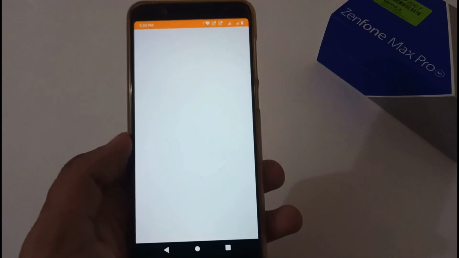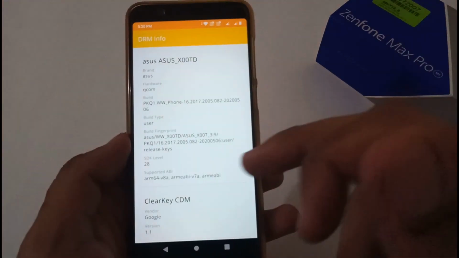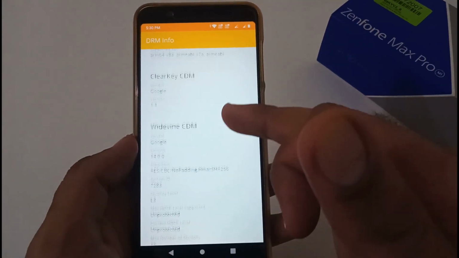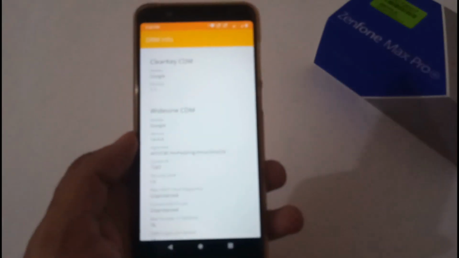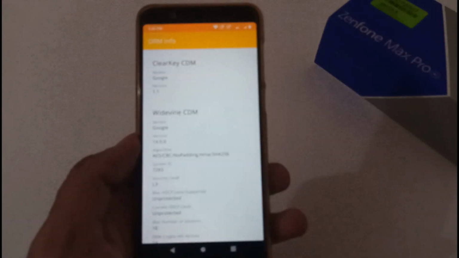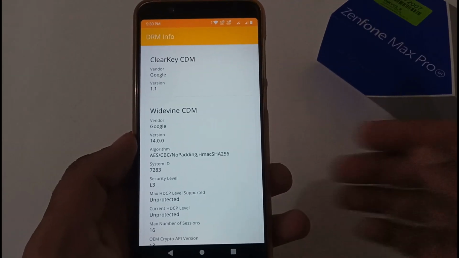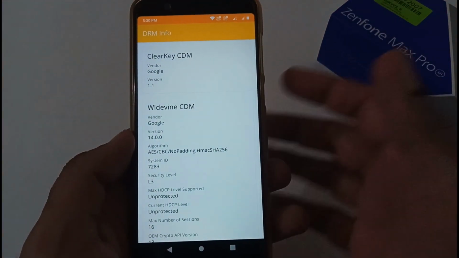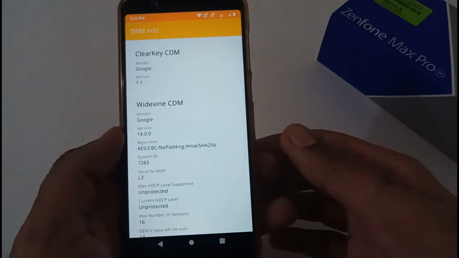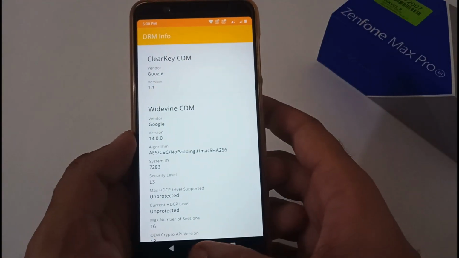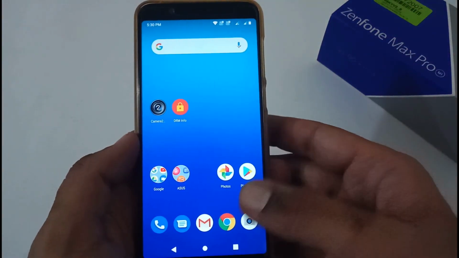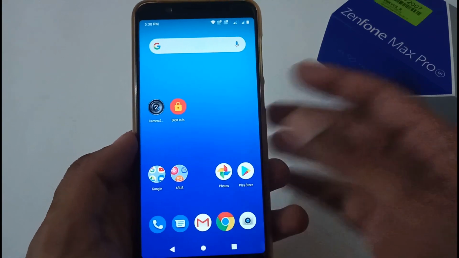And apart from this, the Widevine certification. So at my side it is showing me L3 and it has been persisting since the time I flashed the Android 10 beta 1 version with version number 407 using some custom ROM in TWRP mode, and afterward I never got it back to L1. Many users have got it back, but at my side I haven't. So now let's begin with the downloading process and afterward with the installation.